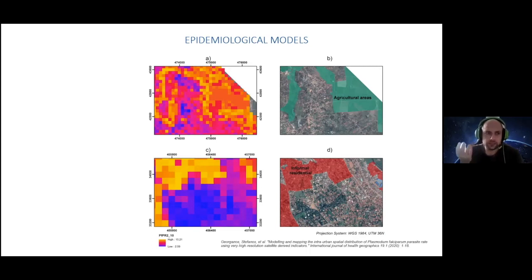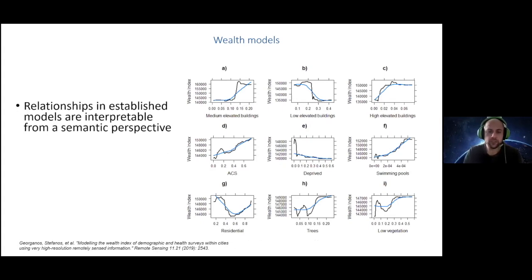And this is, again, I would say, reflects what the social processes in a city, the socioeconomic processes in a city are reflected by the urban morphology, to a degree at least, which is quite interesting. Another type of model is measuring wealth using, again, satellite-derived data and some few surveys.